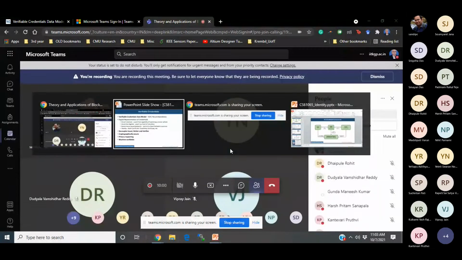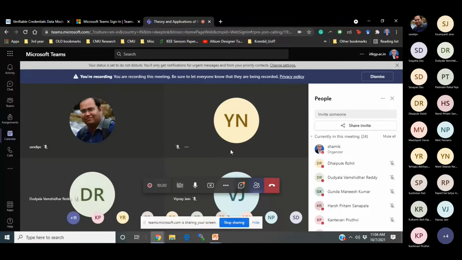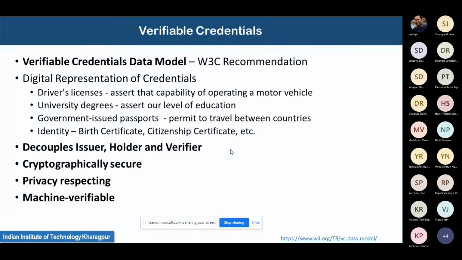So today we will continue our discussions on identity management that we started last week on Thursday, and then we first introduced the concepts and basic ideas about identity management. What is identity? How is digital identity similar and how is it dissimilar with respect to real or physical identities? And then we said that it is important for digital identities to be maintained in